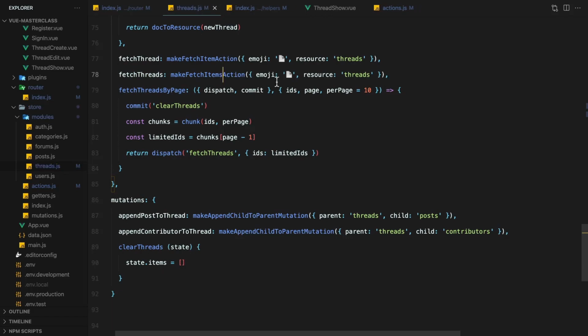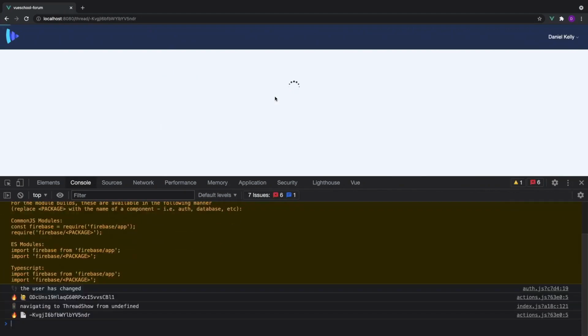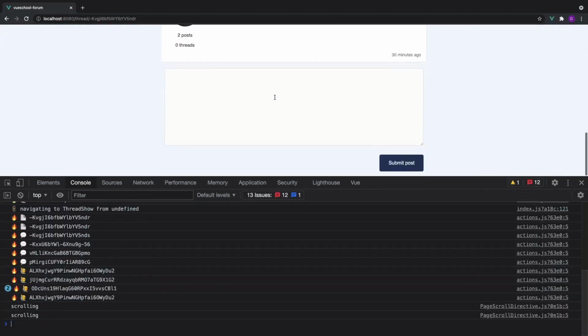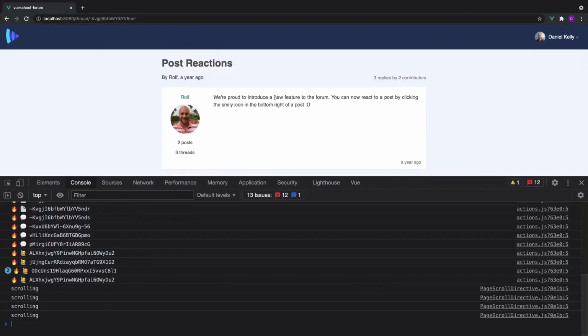Let's go check it out in the browser to make sure we didn't break anything. Cool. Still looks good. I'll also do the same for each of the other store modules, but I won't make you watch. The changes will be in the source code for the lesson.